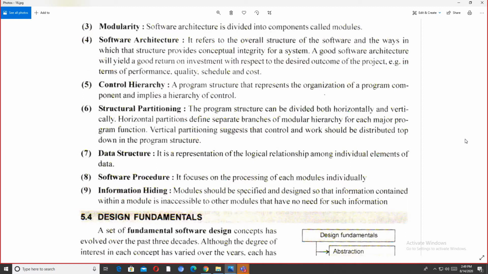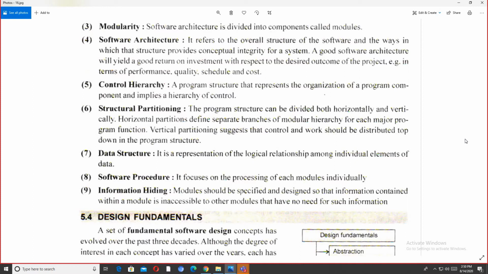Similarly, whenever you start using your Windows software program, the operating system, there is always a hierarchy. There will be admin users, non-admin users, and restricted users. This type of control hierarchy is also implemented in any software program that is being built, so that a proper mechanism can be reached through which the flow of information is nicely monitored and controlled. So the control hierarchy has to be there in the design, in the design fundamentals.